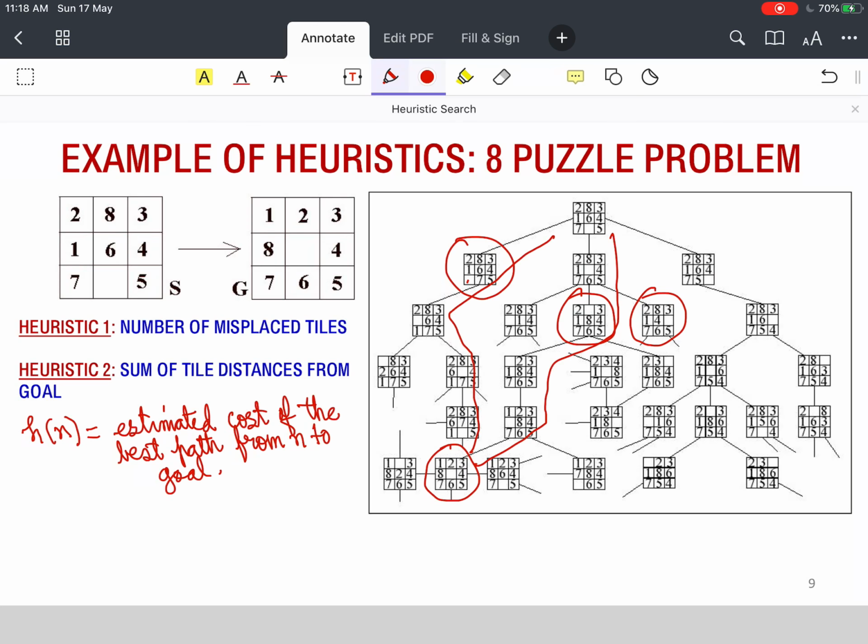So here are two proposed heuristic estimates. The first is called the number of misplaced tiles. For example, if you look at this goal, 1 is out of place, 2 is out of place, 3 is in its place, 4 is in its place, 5 is in its place, 6 is out of place, 7 is in its place, and 8 is out of place. So there are only 4 misplaced tiles.